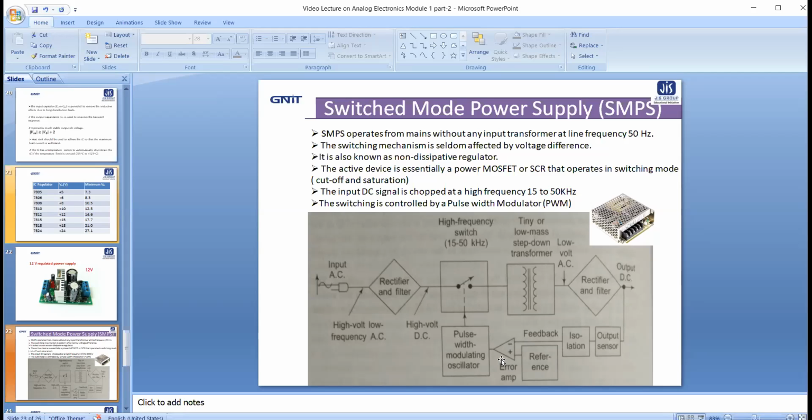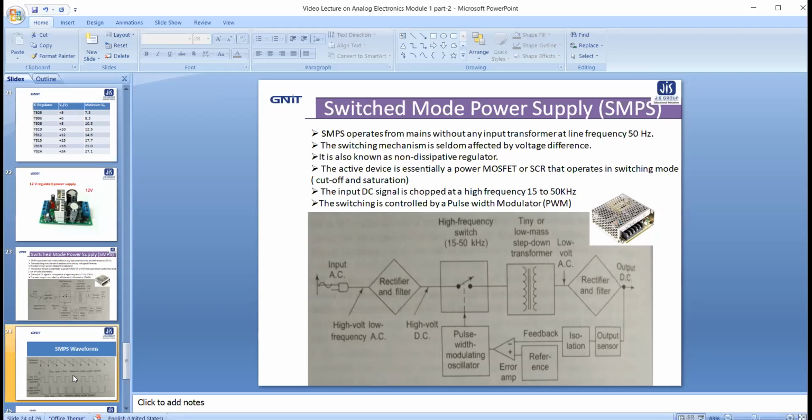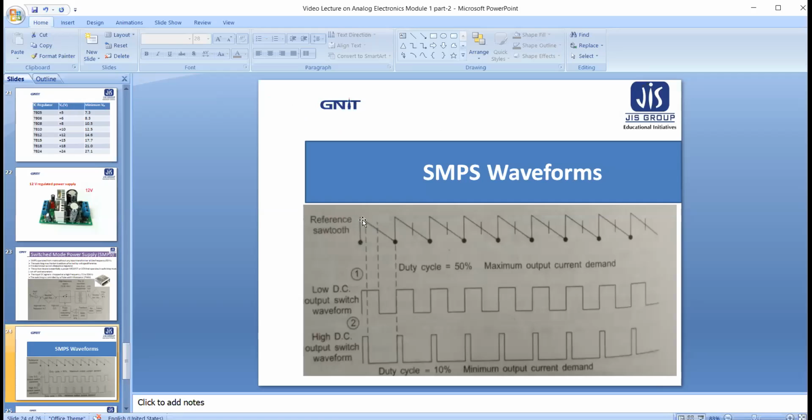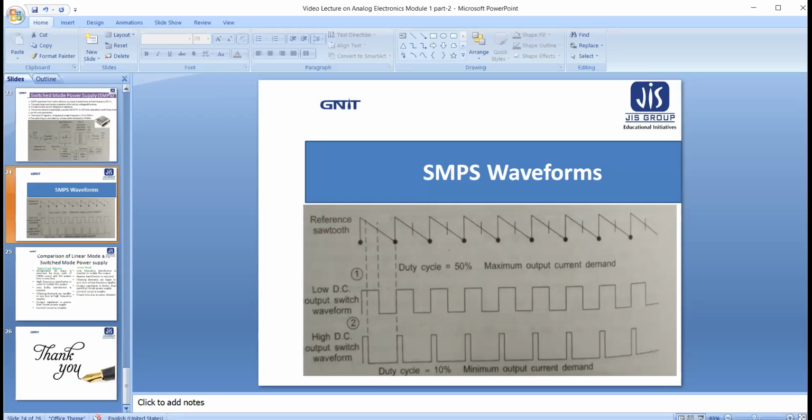So when the error amplifier output is small, then the pulse width modulator will produce a larger pulse. When the error amplifier produces a lower voltage, the pulse width modulator will produce a smaller, narrower pulse. So they basically control the switching speed of this MOSFET. This is the fundamental idea of the switch mode power supply. You will see that when the reference voltage is higher than the DC, automatically the pulse will be generated. When the reference voltage is lower than the DC, it will be flat. Thus we control the switching speed and we control the DC output.